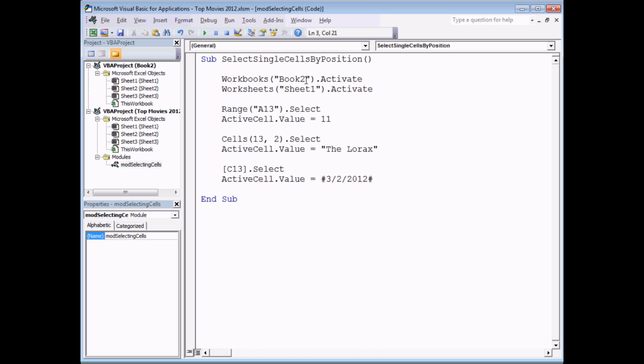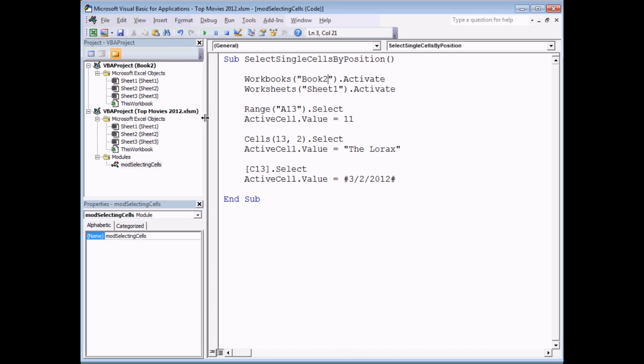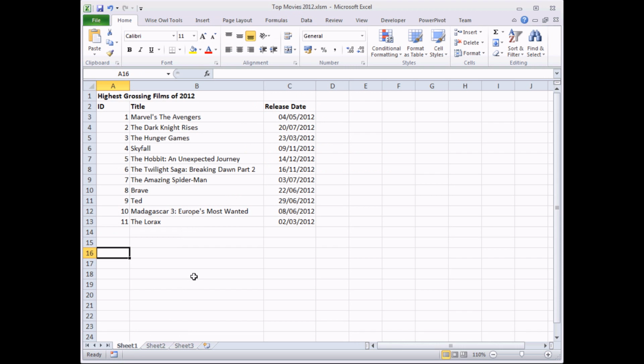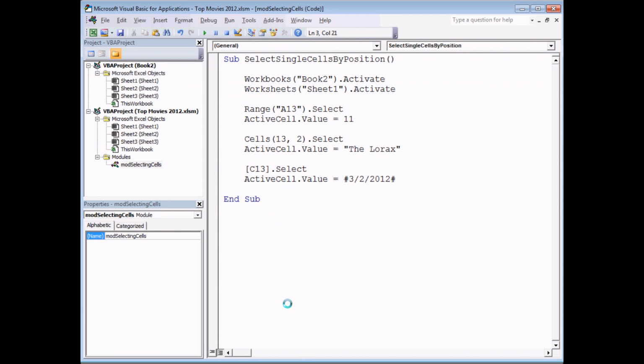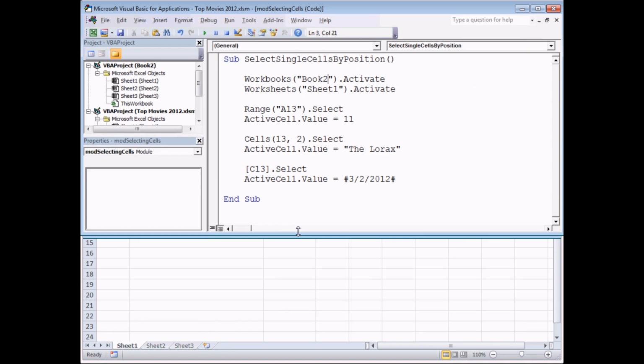One thing to bear in mind is if you have saved the workbook, you'll need to provide the file name extension here as well. So for example, if I was referring to my Top Movies 2012, I'd have to add .xlsm to the name. But what I can do now is quickly switch back into Excel, and I'm going to make sure I'm in the Top Movies workbook first of all, and on Sheet1. If I pop back into the VB editor again with Alt and F11,